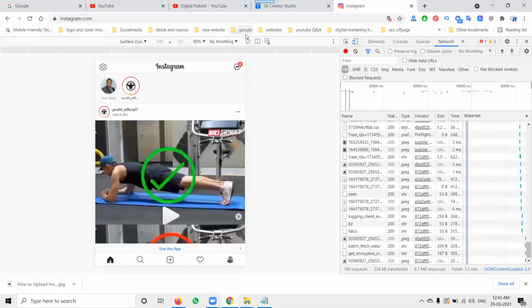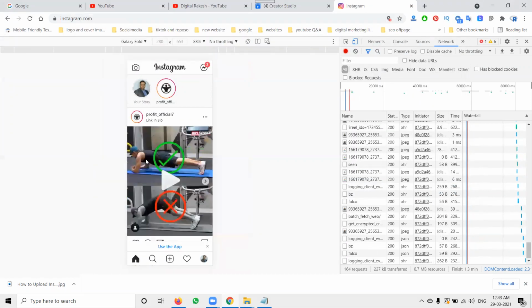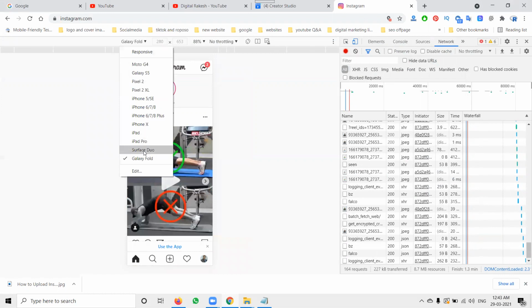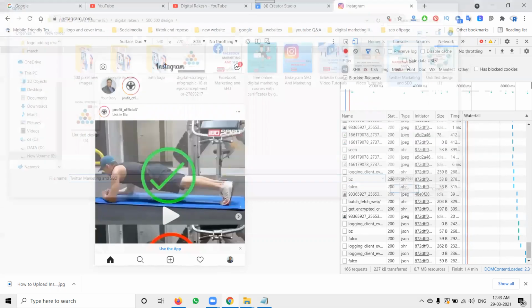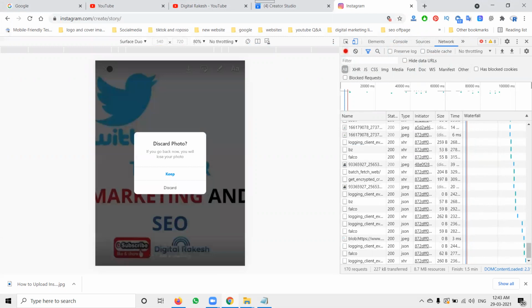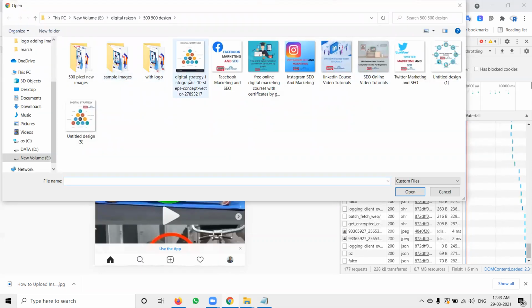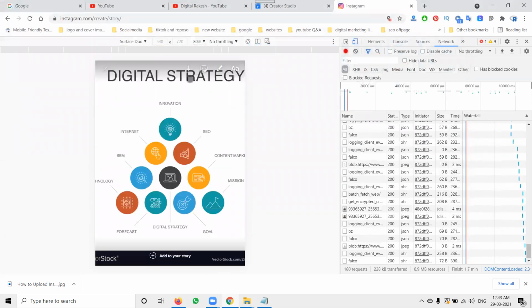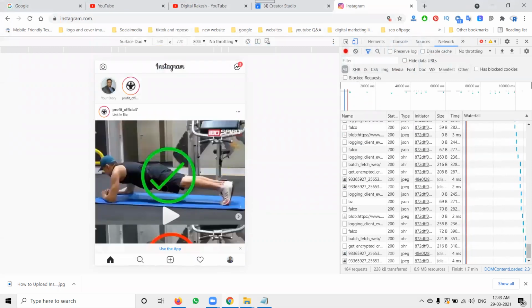So clear? Now how many stories will be added depends on your particular pixel option. Which pixel size can you add properly? Select the pixel here. Select the proper size in this and you can post it. If it's not suitable, discard it. So select the proper size and post it. The size will be 1080 by 1080, and you can select it by the option here.